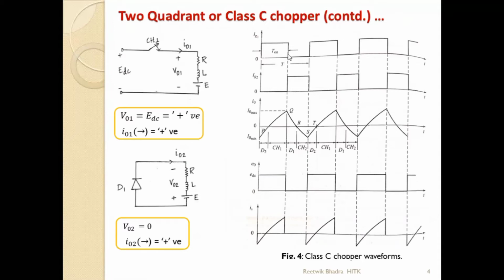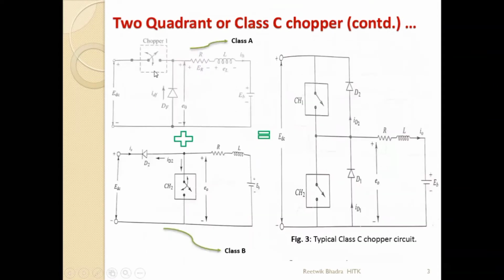Okay, so these are the gate pulses drawn which are given to your choppers. IG1 means the gate pulse given to turn on your chopper 1, CH1, and IG2, wherever it is high, means my CH2 is on. So let us study a small mode over here. Okay, CH1 is on. What will happen when CH1 is on? Because we are combining class A and class B chopper, in class A, one CH1 will be on, one CH1 will be off. So we have to study according to that.